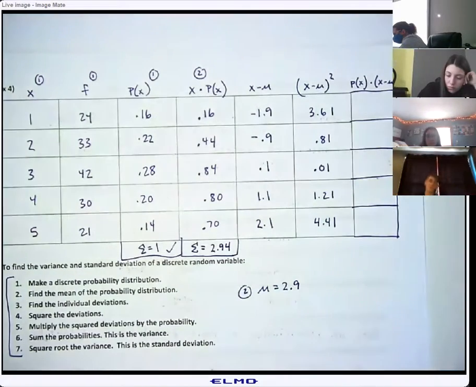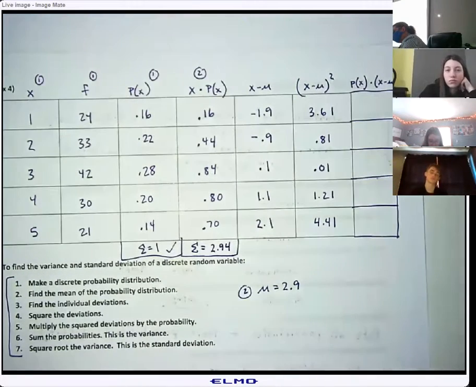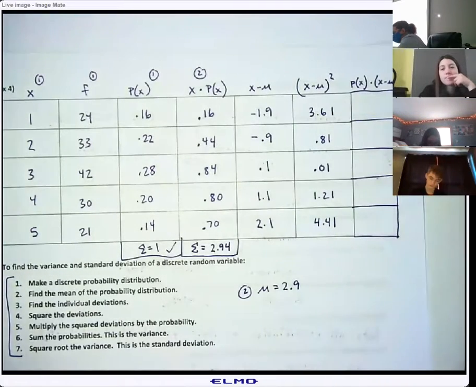Wait, but isn't there like a 2x squared, or do you take the x out? Yeah, because when you FOIL x plus h, you're gonna be left with an x squared. And there's already an x squared on the other side of the equation. By the way, in your homework, there's only one of these.